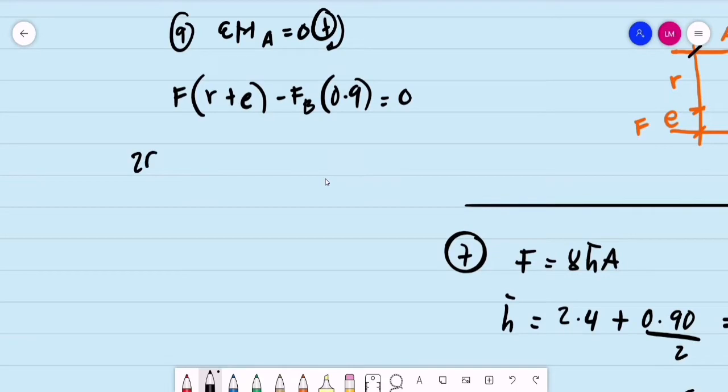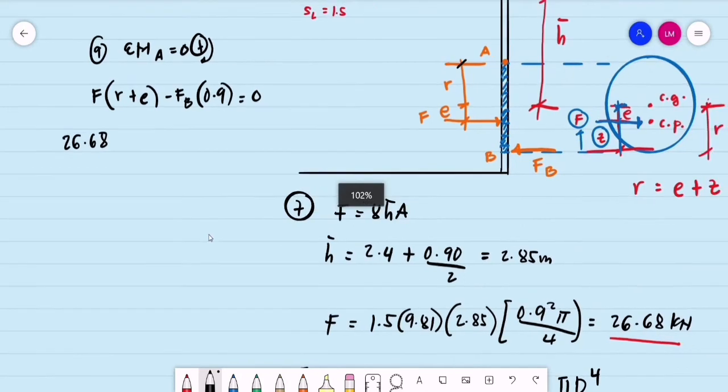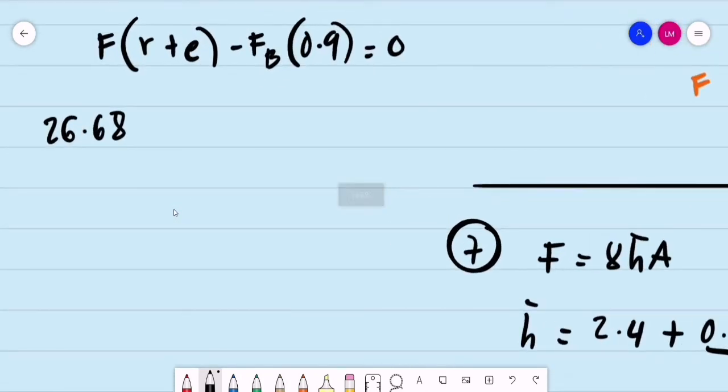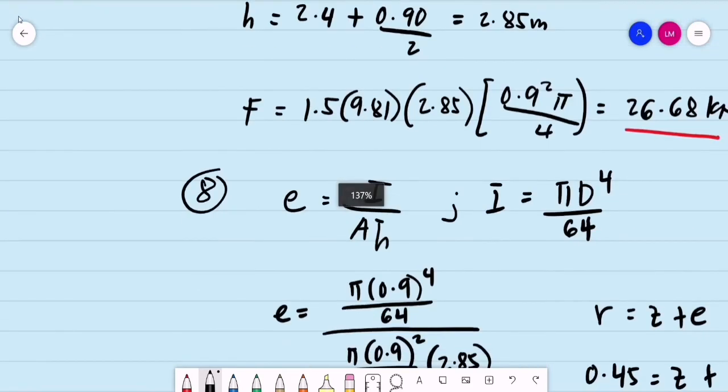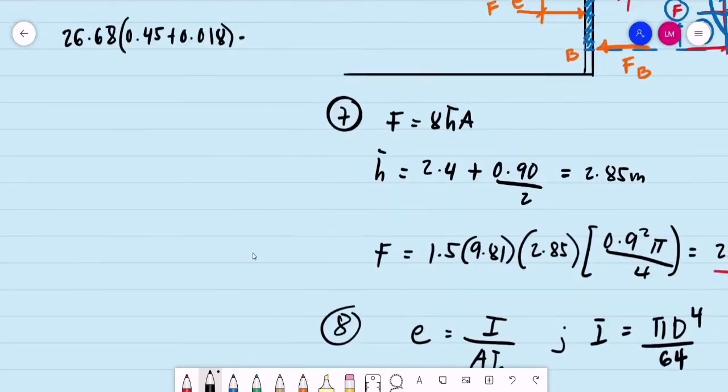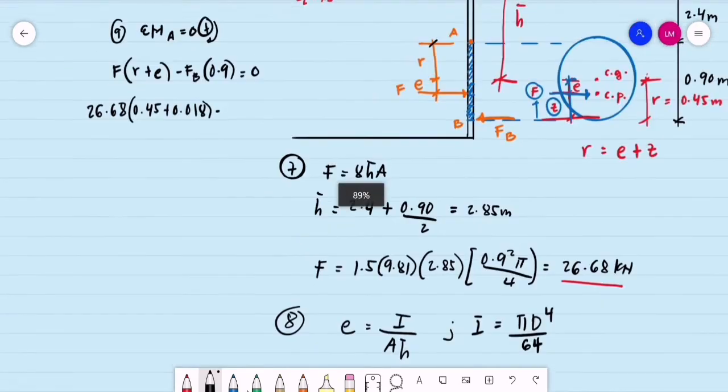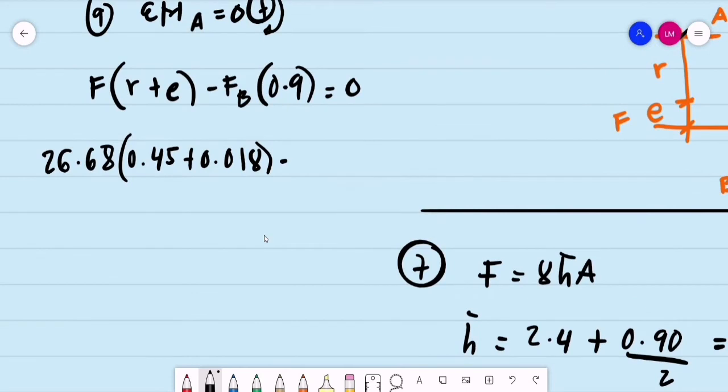So mag-substitute na tayo. The force is 26.68. Ay, tama ba yan? Yes, it's 26.68 kilonewtons. The radius of the gate is 0.45. Eccentricity kanina is 0.018. Tama ba yung E? Eccentricity is 0.018. Ay, minus. Ay, the force at the bottom of the gate, F sub B, this is multiplied by 0.9 equal to 0. So, we have the F sub B is now equal to,